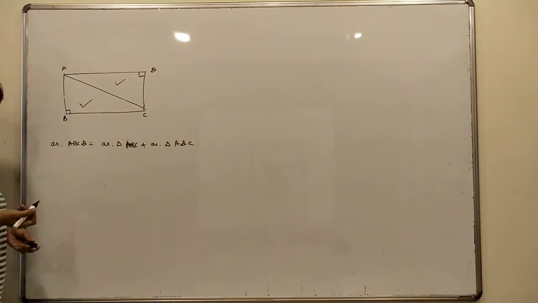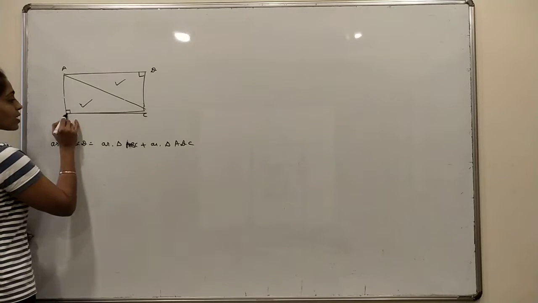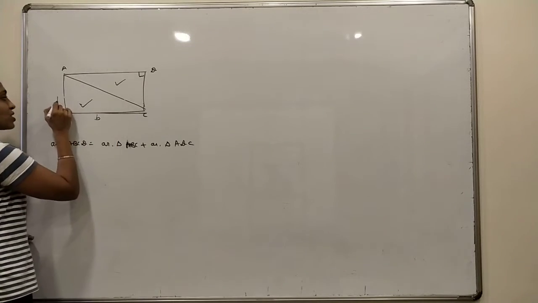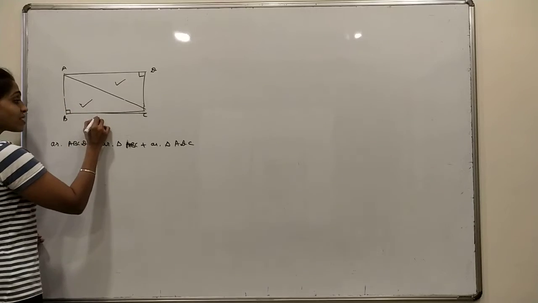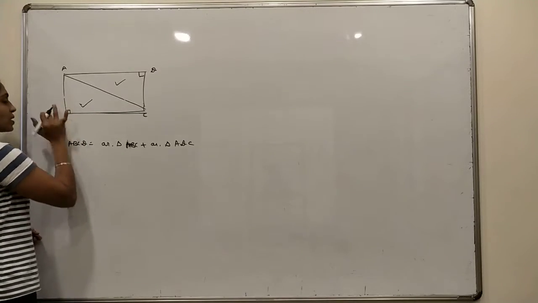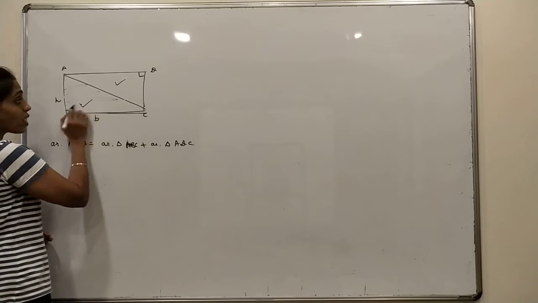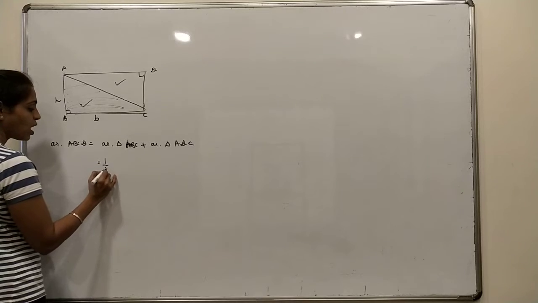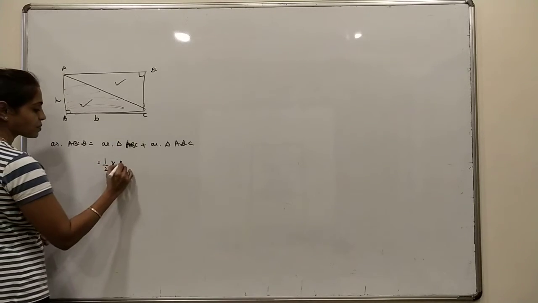But we know that in a right angle triangle, the right angle containing sides are base into height, or we can say length into breadth. But the triangle is 1/2 of base into height. So 1/2 of BC into AB